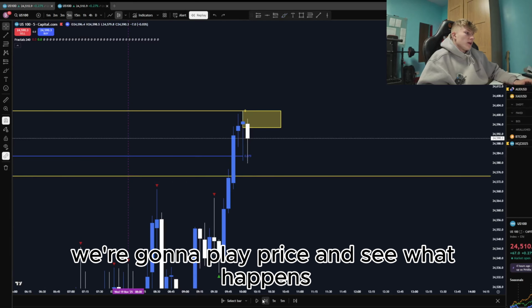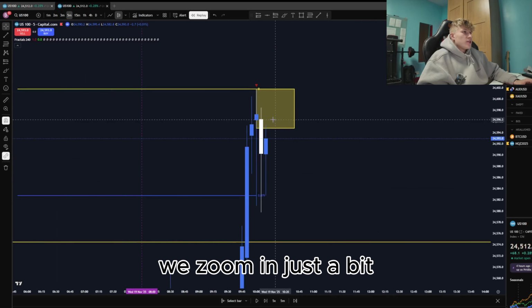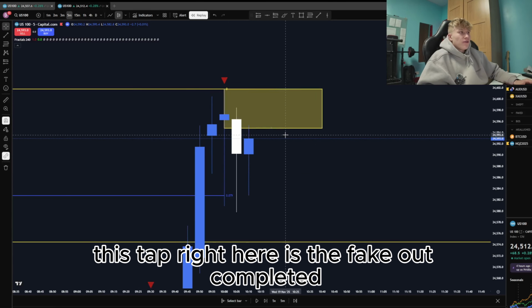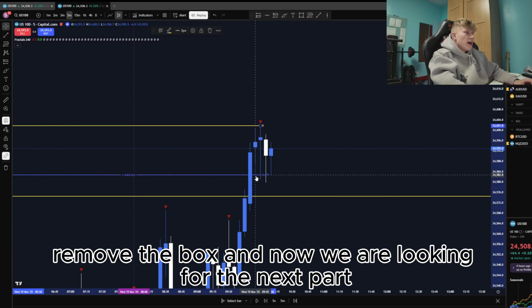So we're going to wait for that. We're going to play price and see what happens. And you can see right here we get this tap. We zoom in just a bit. This tap right here is the fake out completed. So we've got the fake out done, so we can remove the fib, remove the box, and now we are